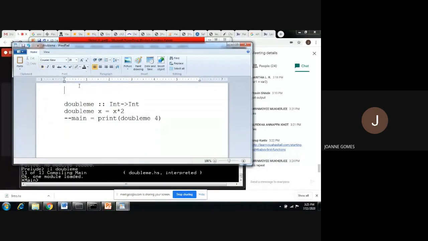So, function name, I want this function to double the number given as input to it. So, if x is 1, it will double the number, 1 into 2, 2. If x is 4, it will say double of it is 4 into 2, 8. So, it takes one input and gives you one output. So, input should be of integer type.